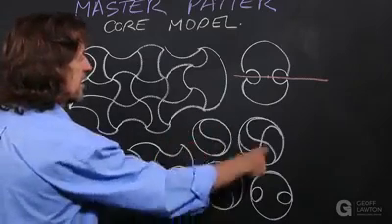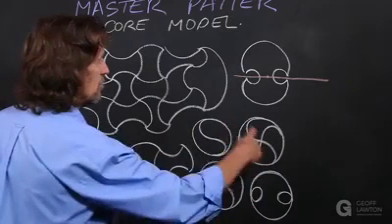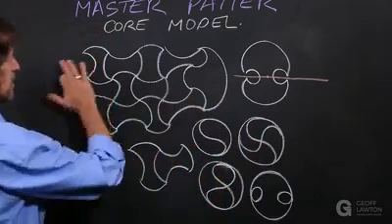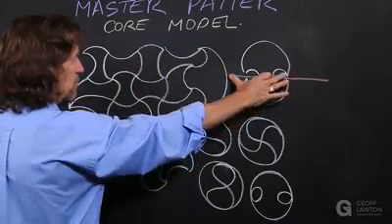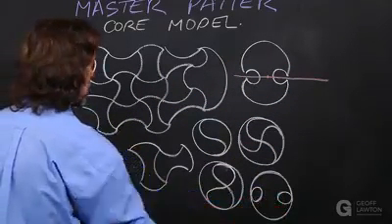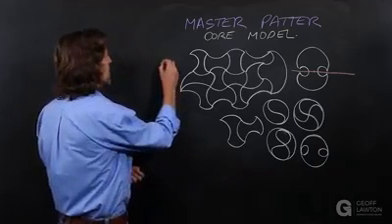Here we can see a very traditional representation. Here we see a tessellation across the surface. There's our core model starting to emerge as we slightly separate this one here. But let's have a look at